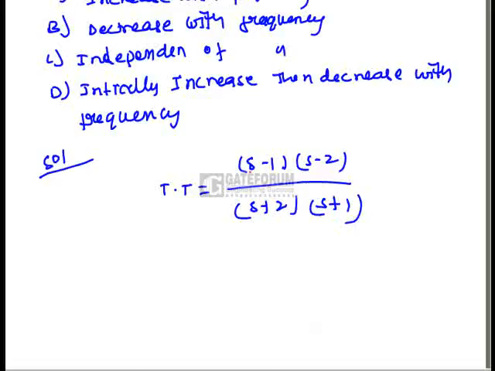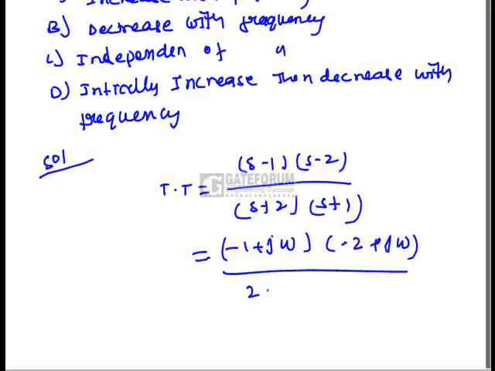So if you substitute s equal to j omega here, what will you get? Minus 1 plus j omega and minus 2 plus j omega in the numerator, because s equal to j omega, then 2 plus j omega and 1 plus j omega in the denominator. Now we have to find out the magnitude. So the magnitude of the transfer function is